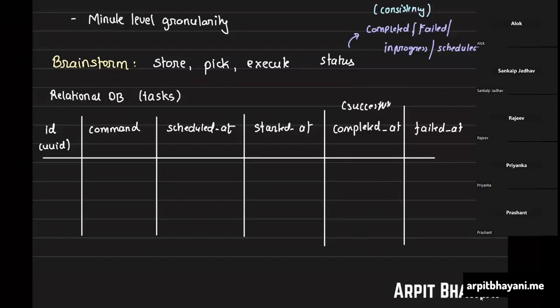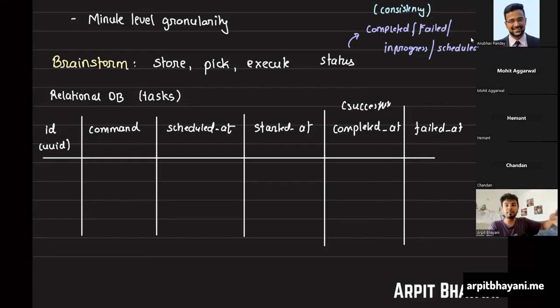You want to have a very streamlined way where you know exactly for how long you should wait before you can claim that your task failed. This is where, for every type of task, you would know the average time of completion. You multiply it by some factor, let's say 1.5, and you wait for that time. If until that time no one updated the completed at, it means the task would have failed.